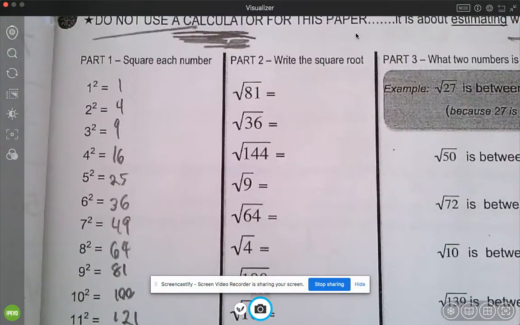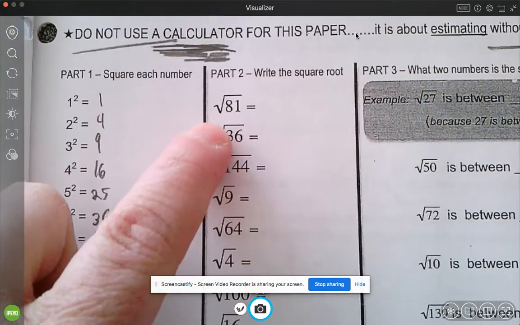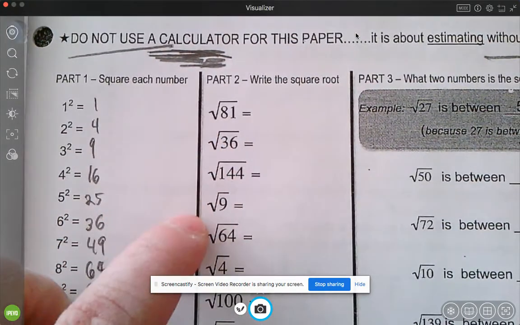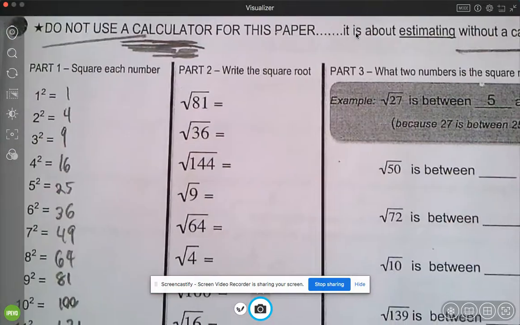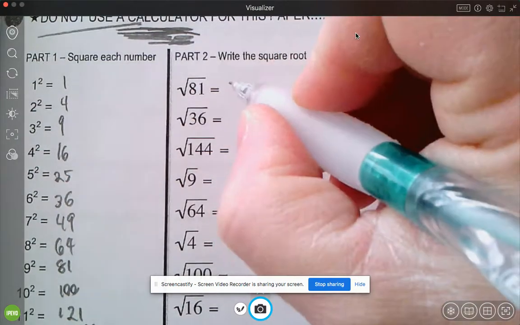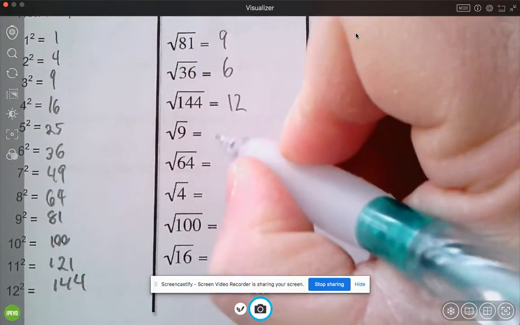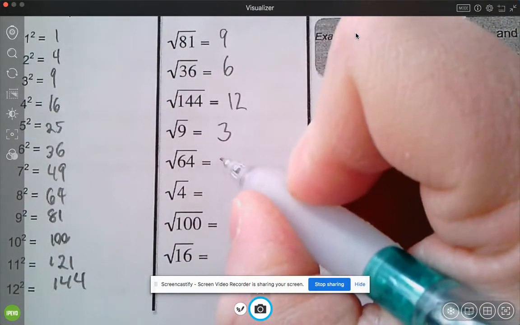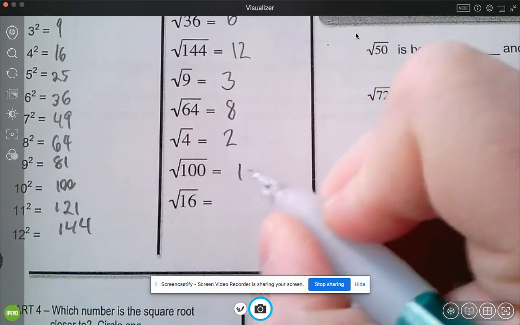Now vice versa, you can definitely get the square roots, because these are just asking what number times itself is 81, times itself is 9, times itself is 100. Raise your hand if you think you can do that. Yeah, 9, 6, 12, 3 times 3 is 9, 8 times 8 is 64, 2 times 2 is 4, 10,